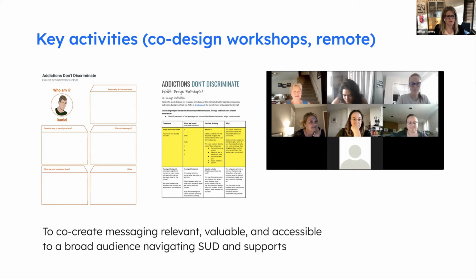So what you're seeing here is some of the material we developed. We developed a toolkit that we sent out to participants prior to each workshop. We had 6 workshops. And for each workshop we developed a toolkit of cards or material things that the participants could work with so that we could have a conversation about what needed to go into this exhibition. In some cases, we mailed the toolkit to participants so that they'd have it in their hands.